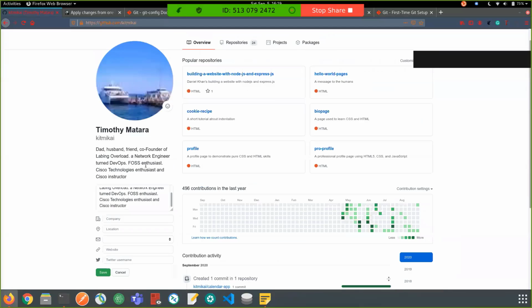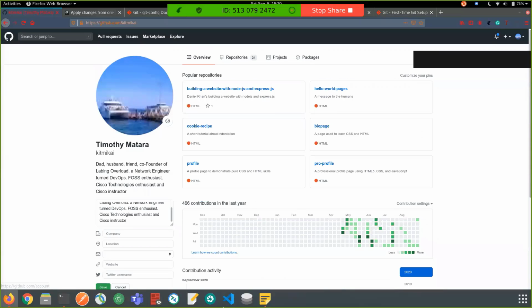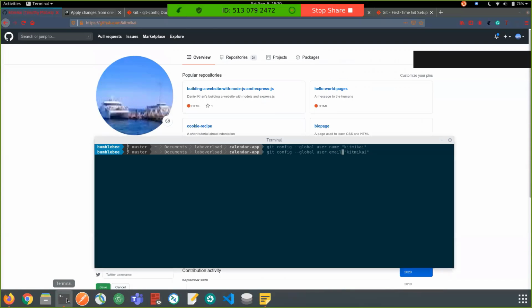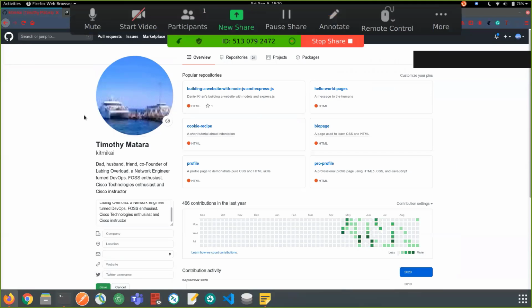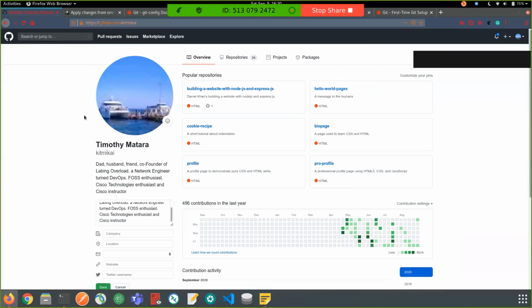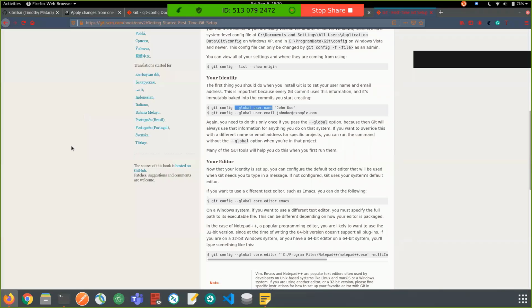It's not visible, but I just have my Gmail email. So for you, Christine, for the first time, you need to set those two commands. Just run them, and that's it. You won't set them any other time,